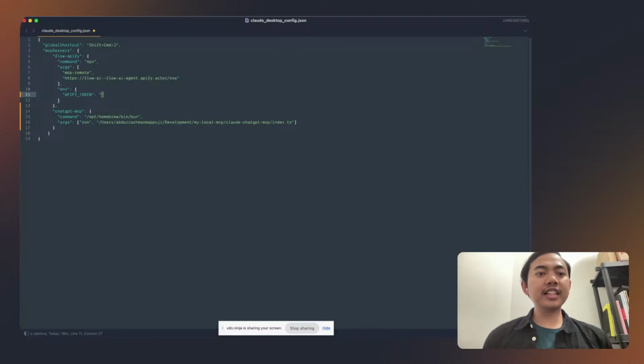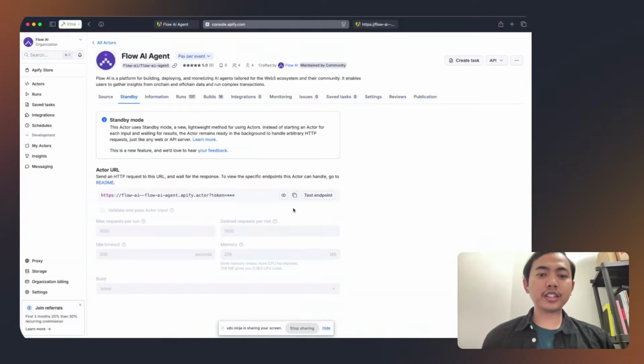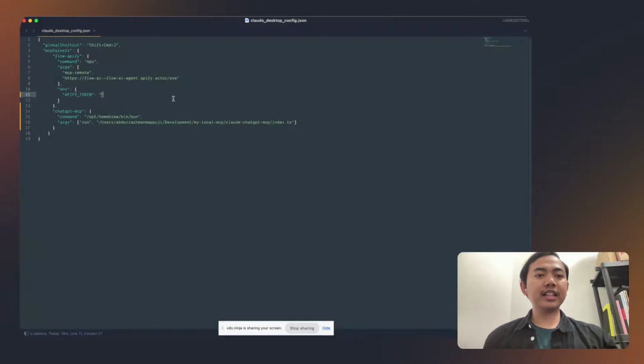Essentially, the idea is you have the settings for cloud, and then you can put the setting here. So you can copy the link from the Apify. From the standby, you can copy the token. And once you copy, you put it right here in the arguments.